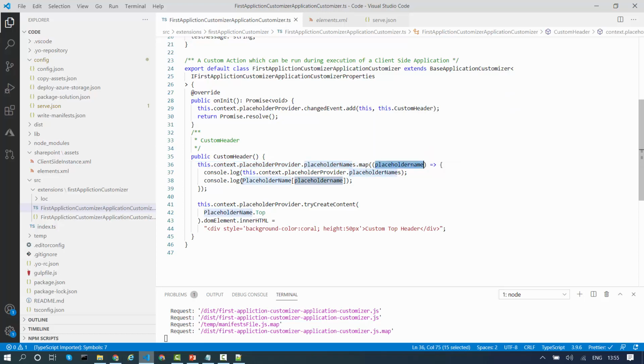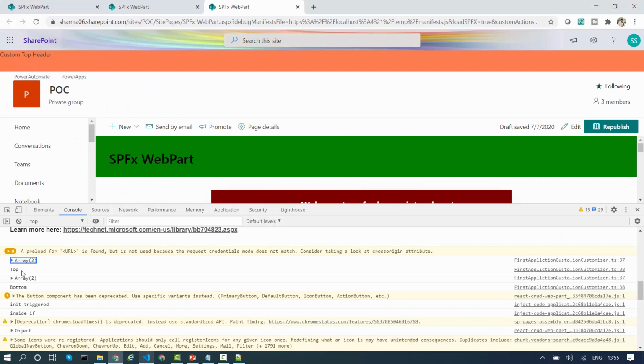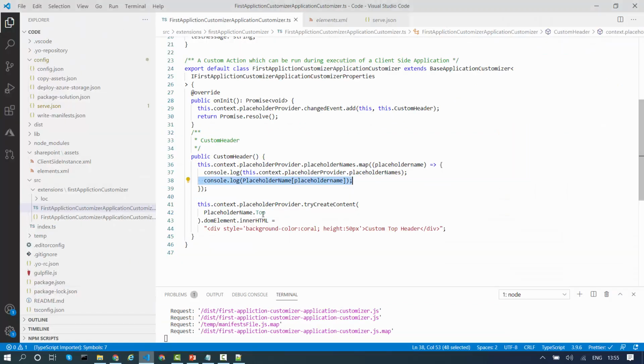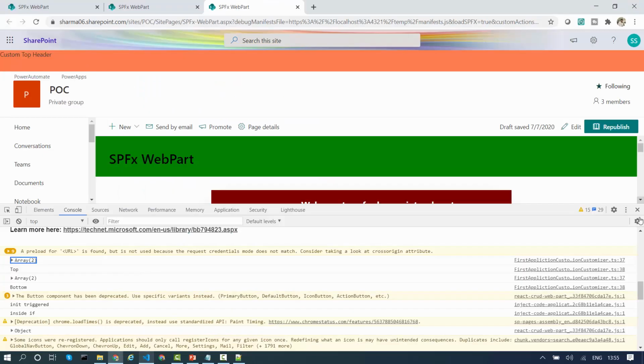This is how I am getting the placeholder name, which is a property we have by default. Top is the name, bottom is the name. Over here I've used top. If you are not using the correct name, then it will give you an error. As a next step, I've used tryCreateContent with PlaceholderName.Top, and I provided the inner HTML for that particular div. So this is how we can create the custom header.